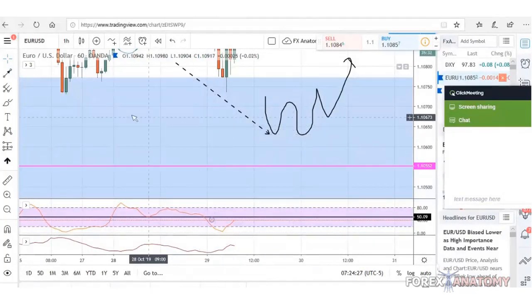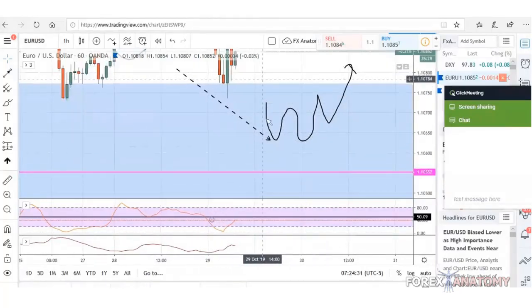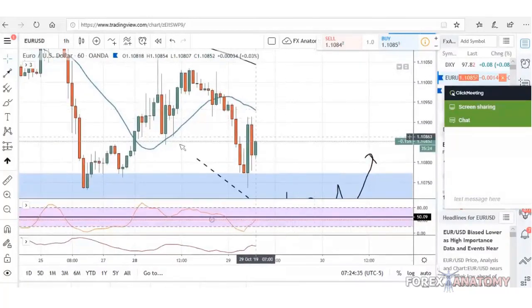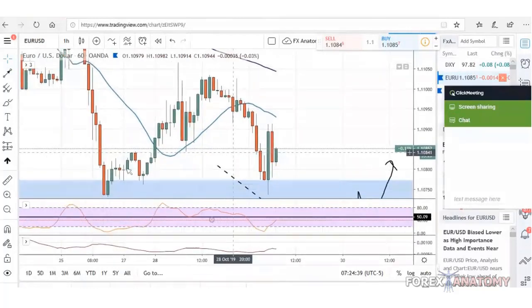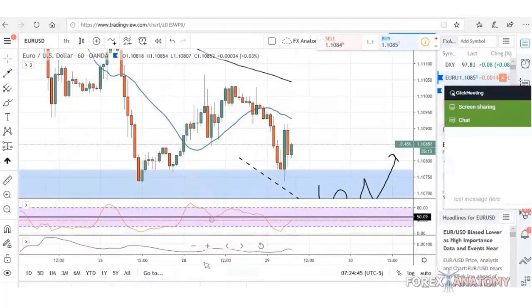But I believe above this purple line, we could see it. And to be honest with you, there's a possibility for us to see it right now. Price may be forming what we will consider a particular chart pattern. What could be potentially forming right now for this pair? What classical chart pattern? For those who are familiar with classical chart patterns, what may be forming now? It hasn't formed yet, but it could potentially be forming,